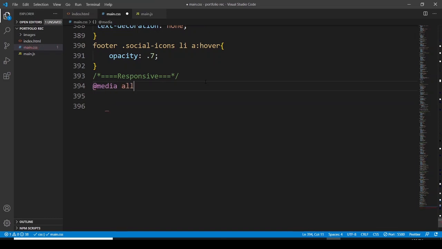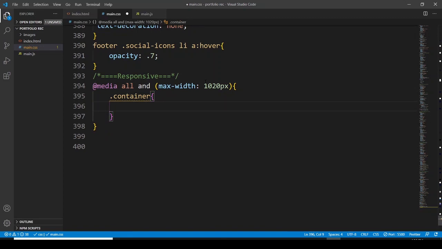So at media, all, I'm not going to use the sections one by one, I'm using all, and the max width is going to be 1020 pixels, where the container class is going to have a padding left 15 pixels, and then padding right is also 15 pixels. Okay,